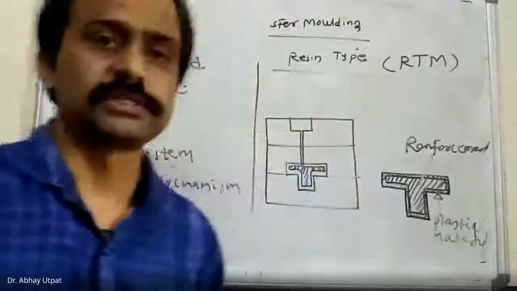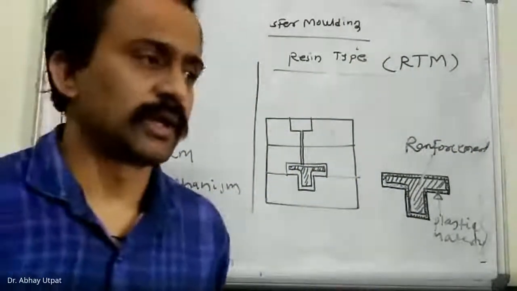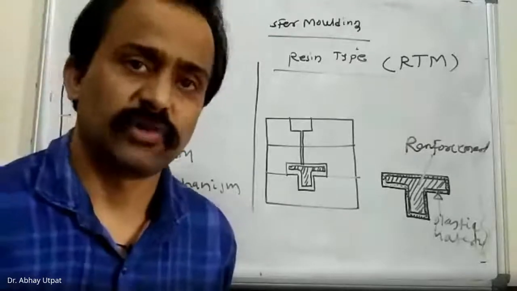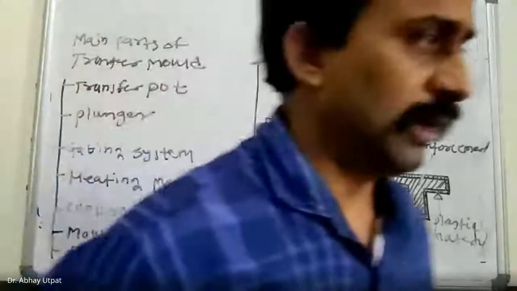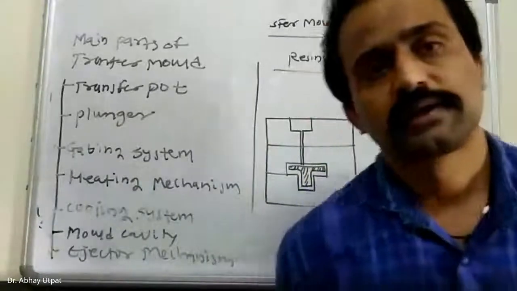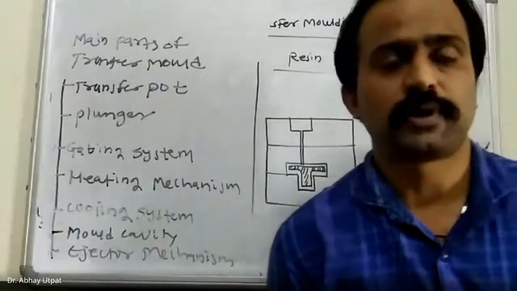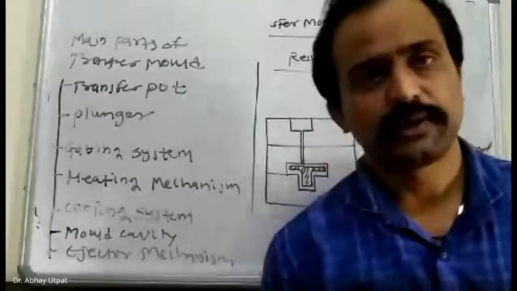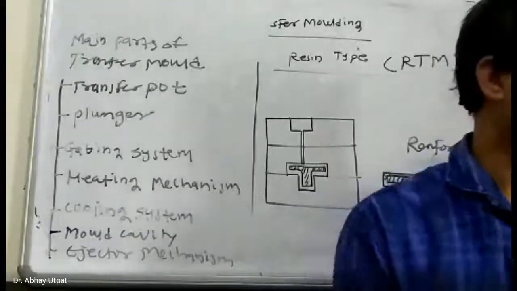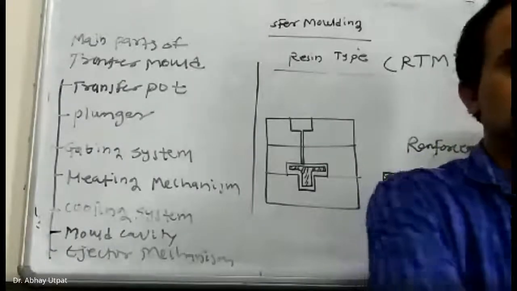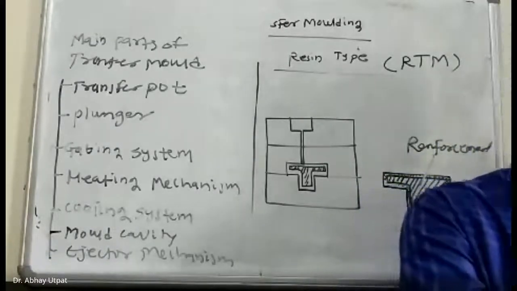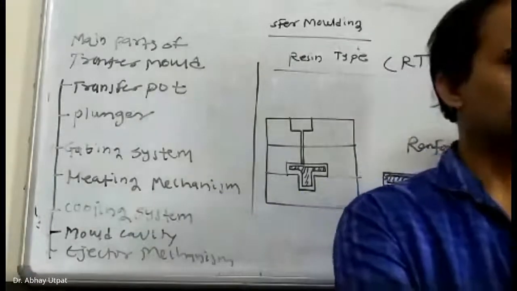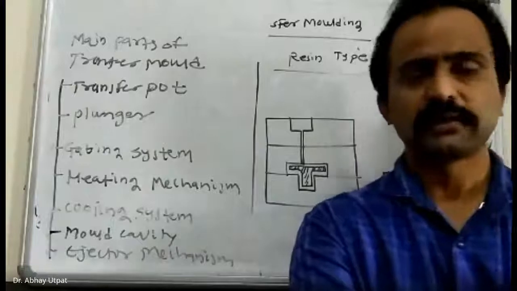So friends, this is all about the transfer molding process. Now here is the end of unit number 5. Whatever numerical I taught in the morning, the same kind of numerical you can try for other components. No change in the procedure. If the exam is subjective, that may be asked for 6 marks. Now units 6, 7 and 8 are remaining, so our syllabus is in control. Up to 30 April, it will be finished.